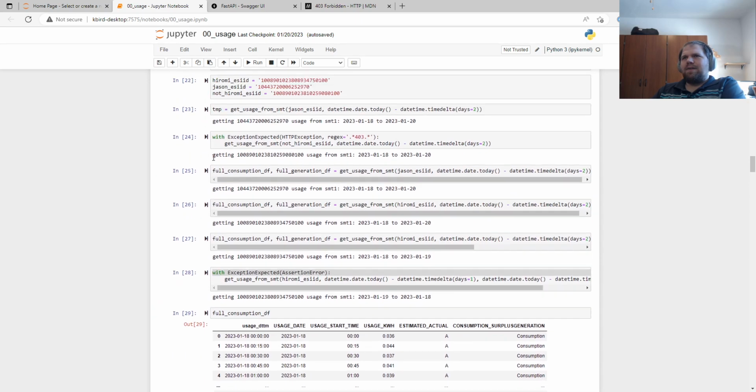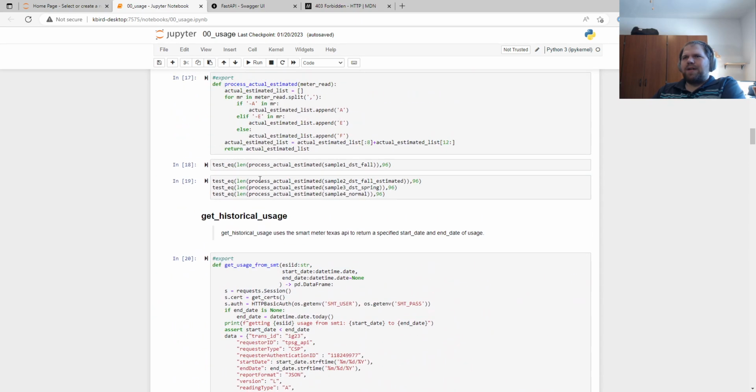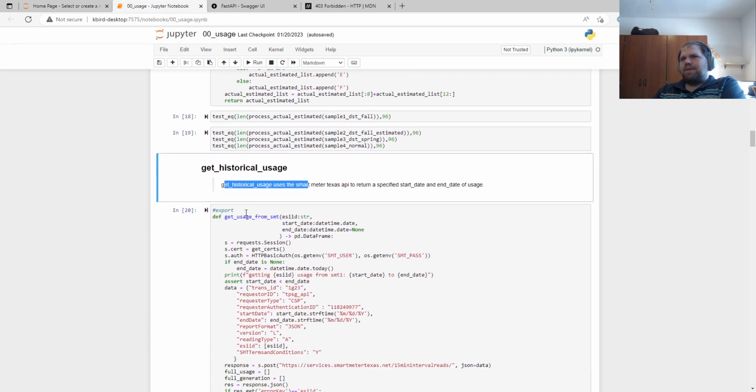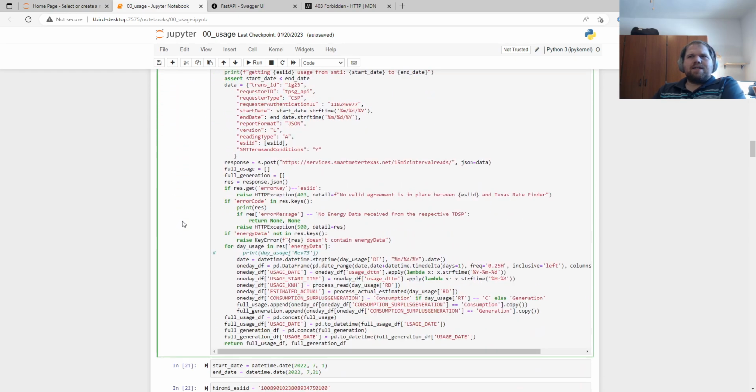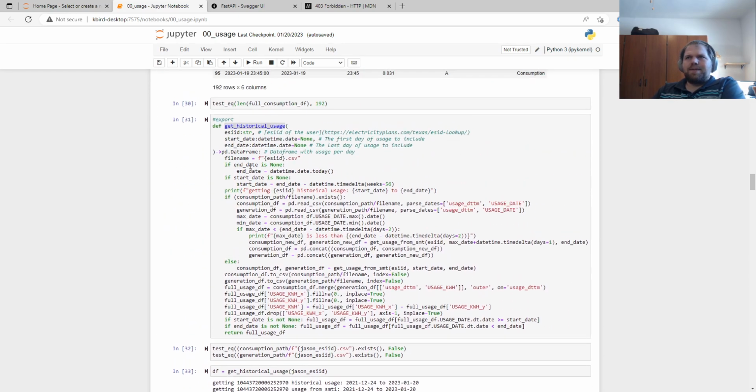One thing I'm noticing that I really wish that I were doing a better job of, like, I've got get historical usage. I've got a little bit of documentation here about, like, okay, well, what is that? But I don't ever specify what get usage from SMT is. Am I just saying, like, both of these go under the get historical usage piece? Because I'm sure get historical usage probably calls that other function. Does it have to? Is there a connection between those two functions? I'm thinking there is, because